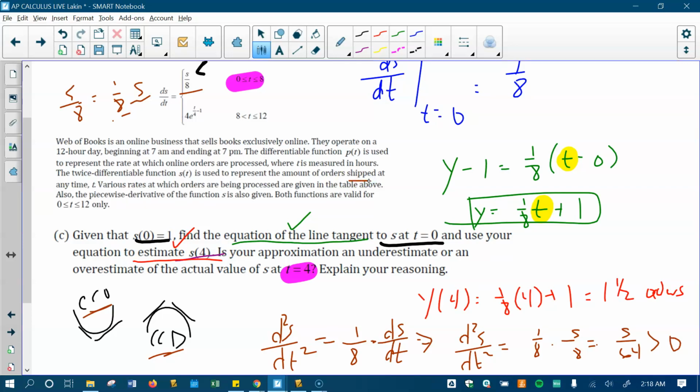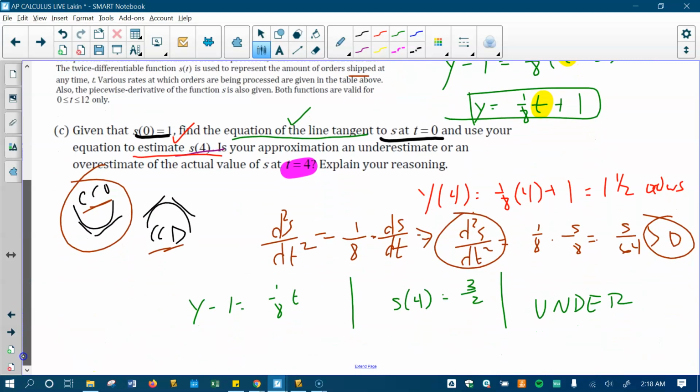The reason I know s is always going to be positive is because there's always orders to be shipped. And because I have a positive second derivative, then my function is concave up. And concave up means that I have an under approximation. So because d²s/dt² is positive, the function is concave up, then s of t is concave up,